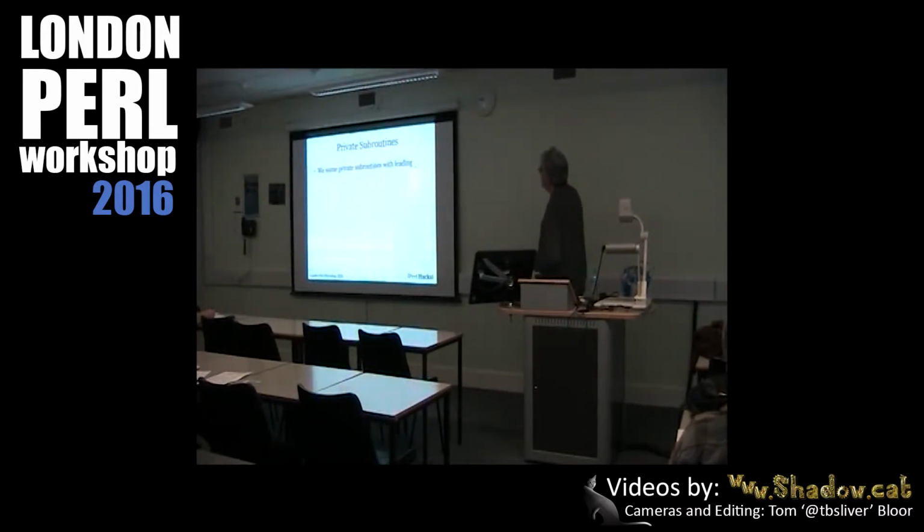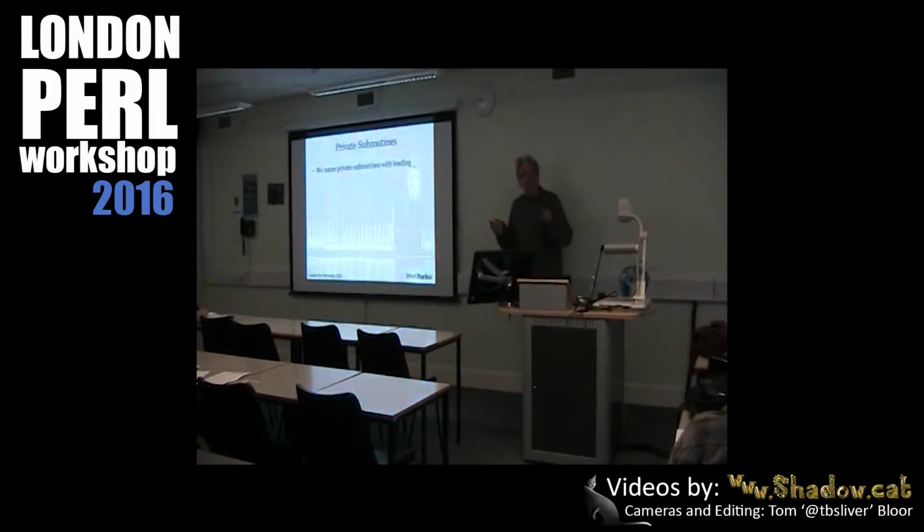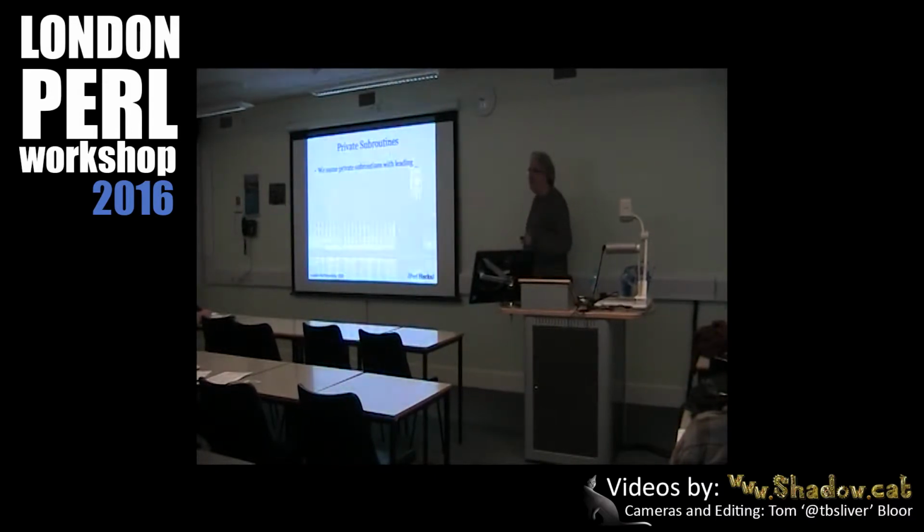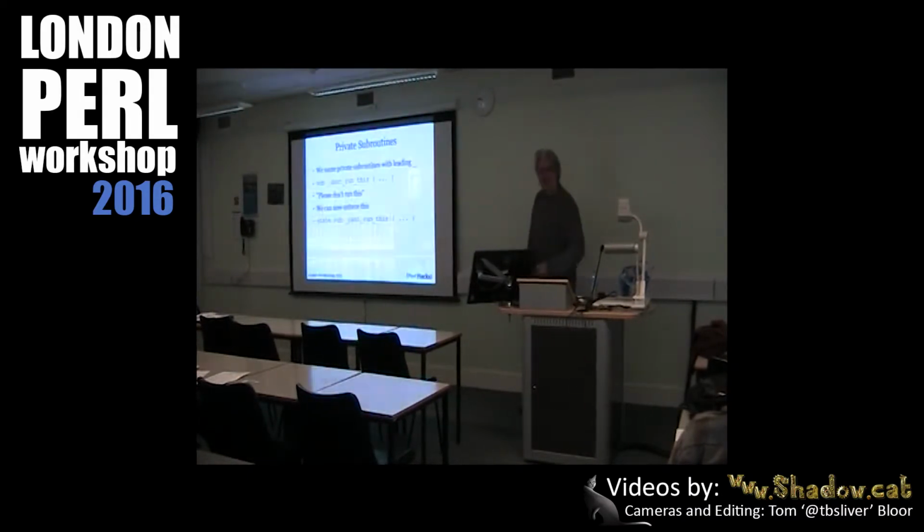So just how does this lead to private subroutines? So we're very used to naming private subroutines with a leading underscore. Has anyone not ever done that? Yeah, so you have a subroutine called "don't run this," which means please don't run this, but there's nothing that I can do to stop you running this. But now we can enforce this by calling state sub can't run this, and only people within the lexical scope can have access to that